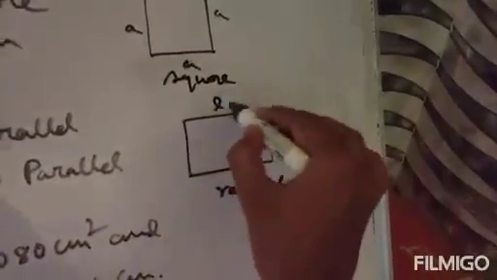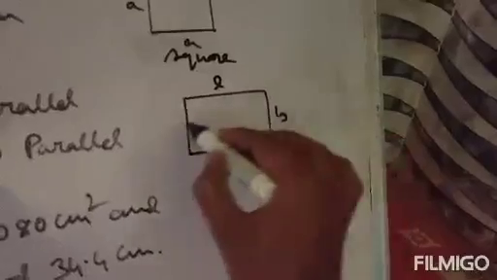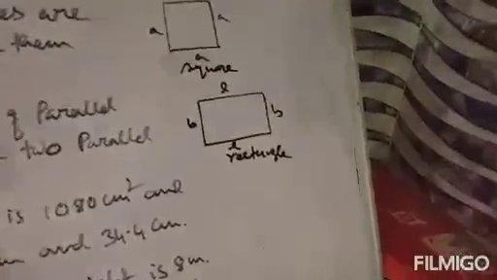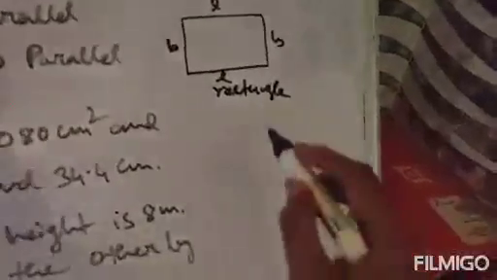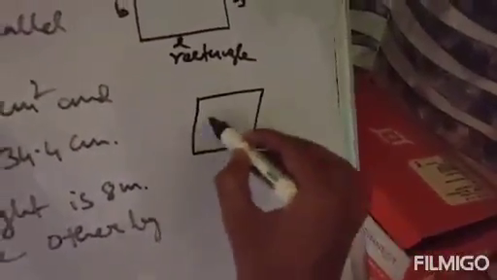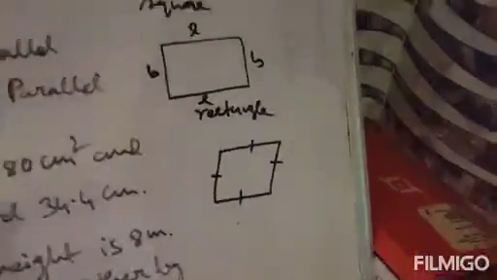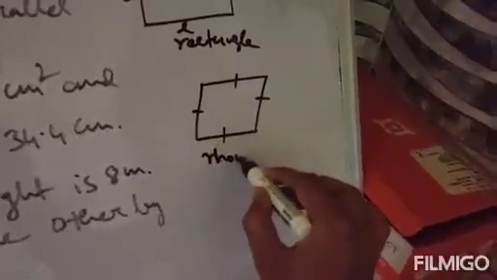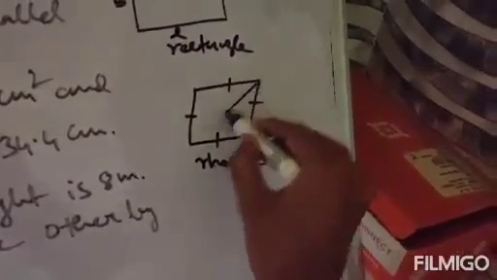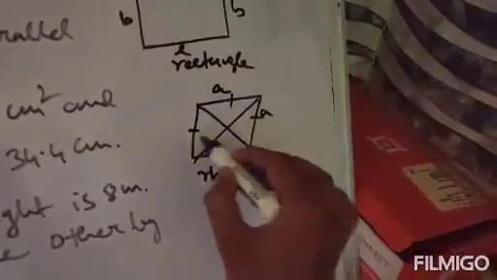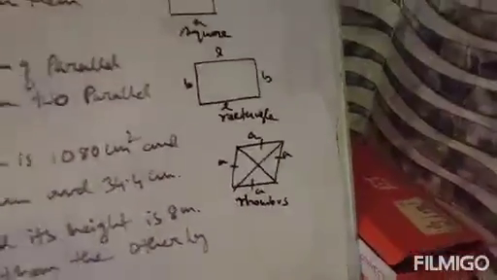Next one is the rectangle. It has length and breadth. Suppose the length is L, so these are the length and these are the breadth. It is also a quadrilateral having fixed length and fixed breadth. Next one is the rhombus. In a rhombus all sides are also equal. A rhombus is a quadrilateral. These are the diagonals of the rhombus. If this is A unit, this is A unit, this is A unit, this is also A unit. So this is a rhombus, it is a quadrilateral.